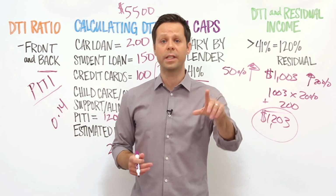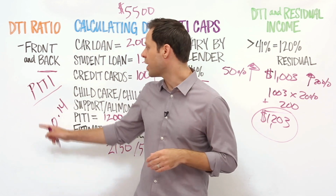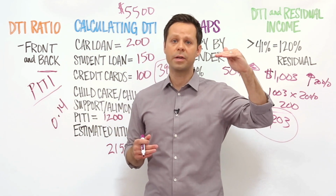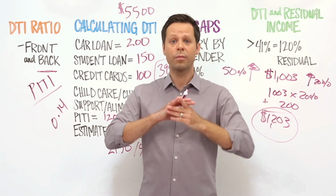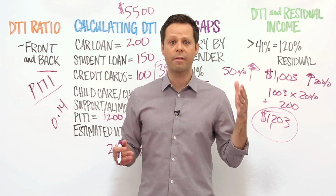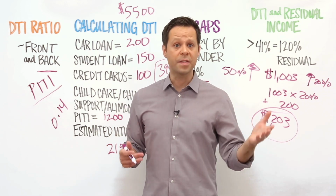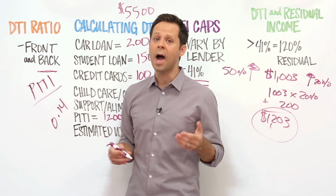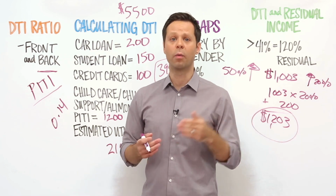And that's also something to keep in mind. A huge piece of your DTI ratio is your projected monthly mortgage payment. So having too high of a DTI ratio can force borrowers to make tough decisions. One is to just hold off on buying a home until they have a better balance of debts and income. Another option is to seek a lower loan amount. So, for example, if your DTI is too high with a $300,000 loan, you might be able to move forward